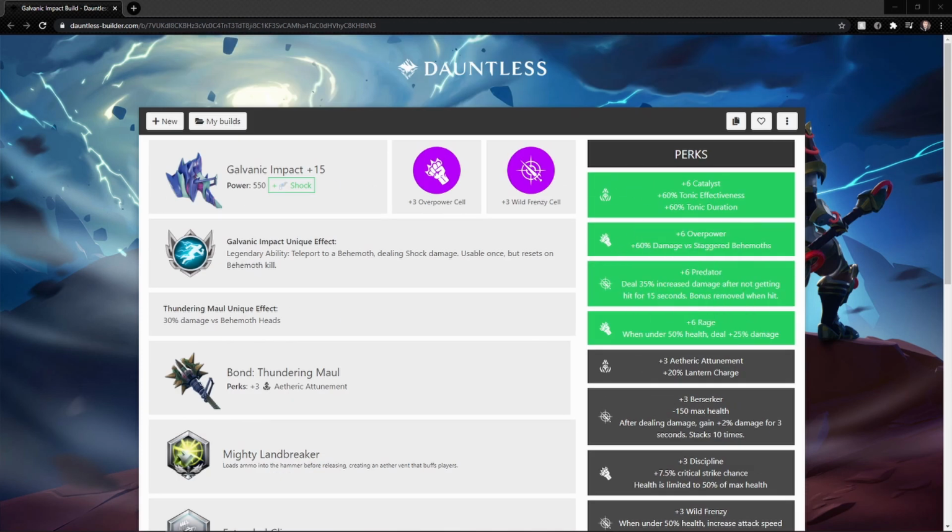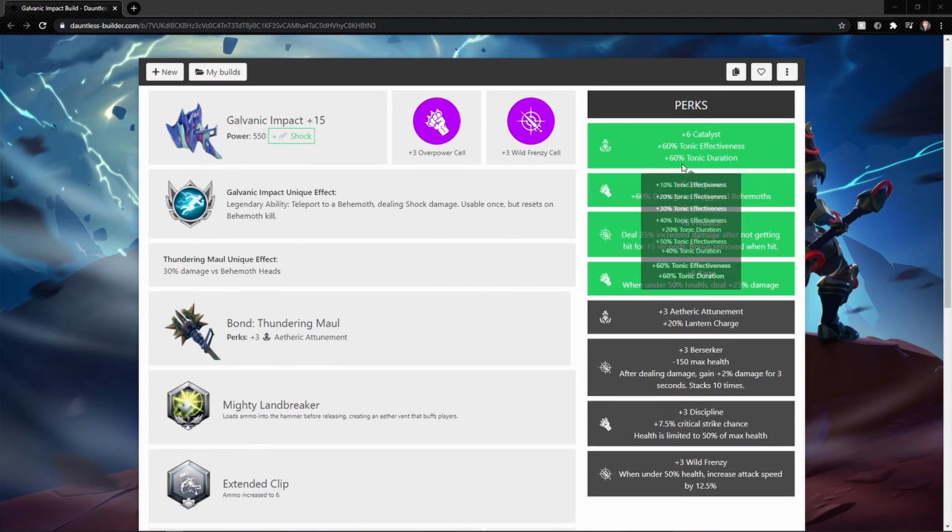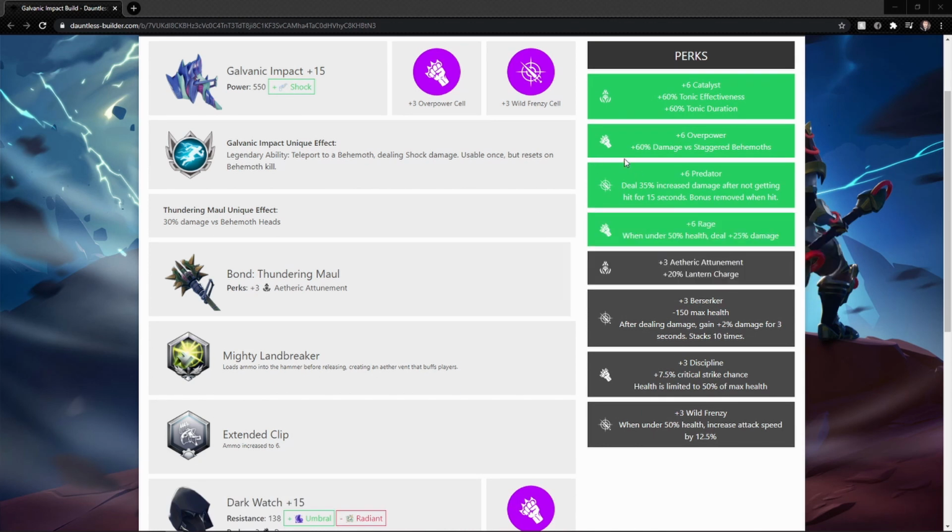But the other things we have on this, between Overpower and Wild Frenzy, is we have +6 Catalyst, which will give our 3 tonics much better effectiveness and longer duration. +6 Overpower, which will give us +60% damage for staggered behemoths. And again, because we're using the hammer, we're going to be getting those stagger windows a lot more frequently, so that's good to have. +6 Predator, which we went over, and +6 Rage, which when under 50% health will deal